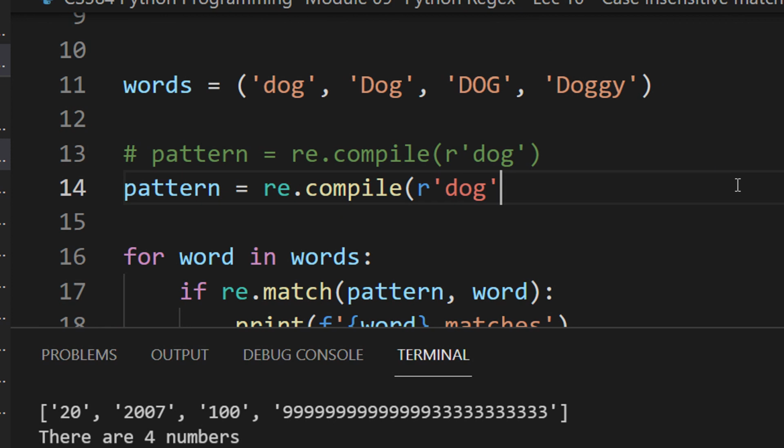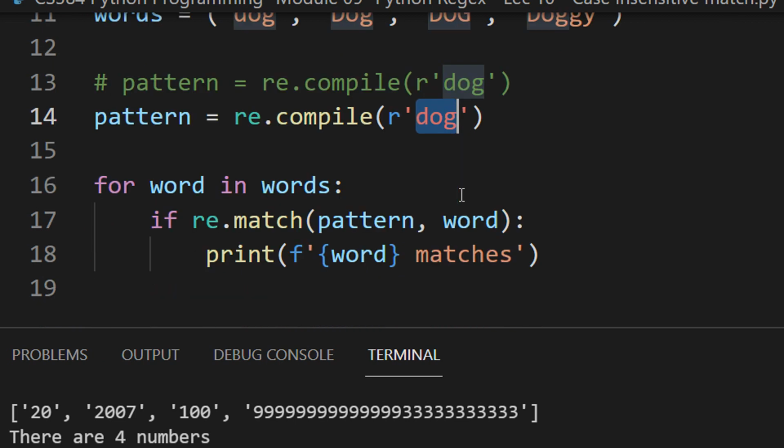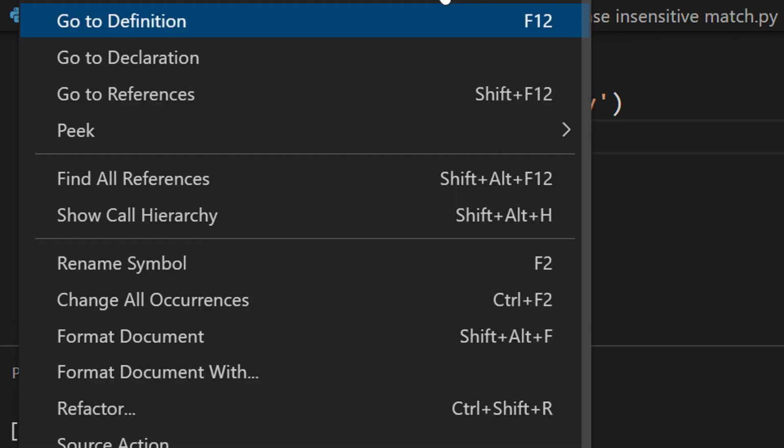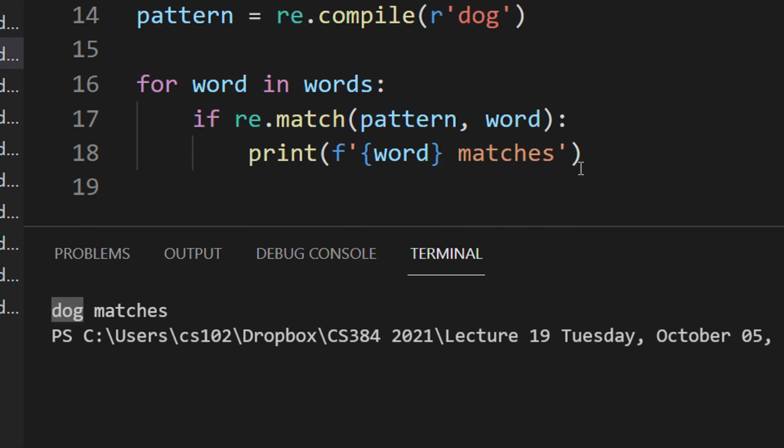Let me just erase this thing. So first I'm matching the exact dog, right? And by default it is case sensitive, right? So let me just search for it. I mean, run the code. So you can see dog matches, right?